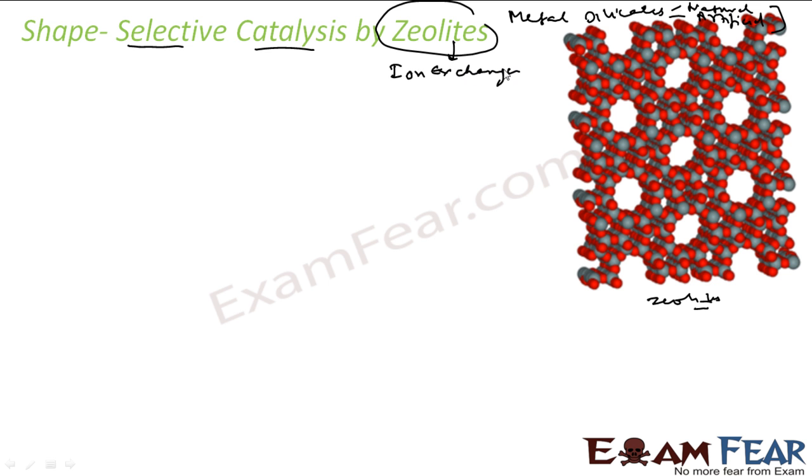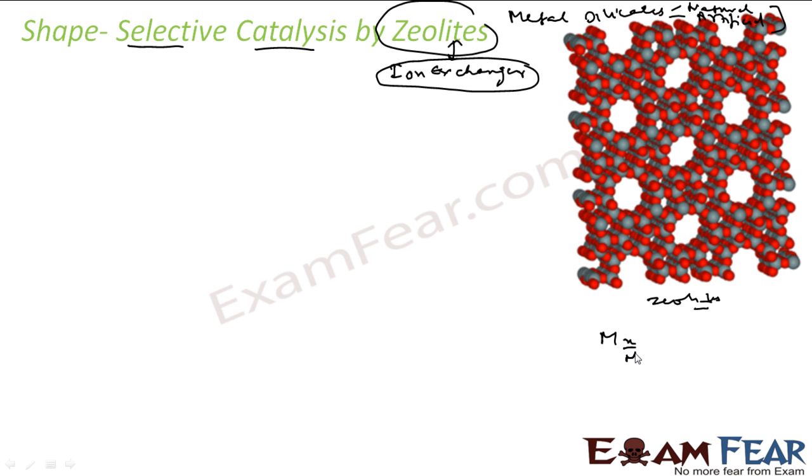We have discussed this in one of the chapters. I remember for purification of water, zeolites are used, right? But that is the main usage of zeolites in the market today. But they are also used as selective catalysts because of their special shapes, right? They are microporous aluminosilicates. So their general formula, if I want to write for this zeolite, it is nothing but